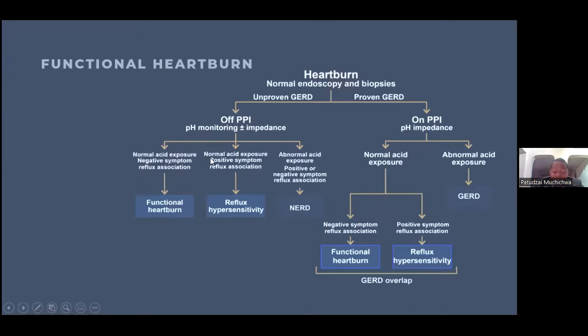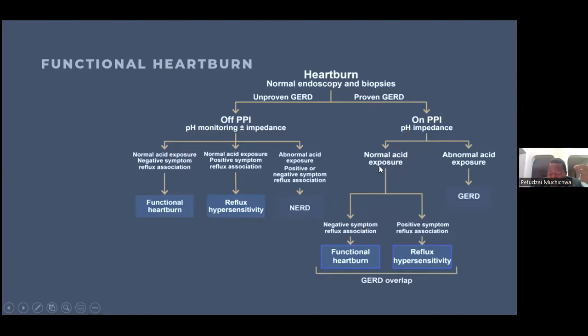Those with normal acid exposure and positive symptoms will be classified as reflux hypersensitivity. However, those with abnormal acid exposure, with positive or negative symptoms associated with reflux, will be classified as NERD. For those that had proven GERD before and are on PPI,